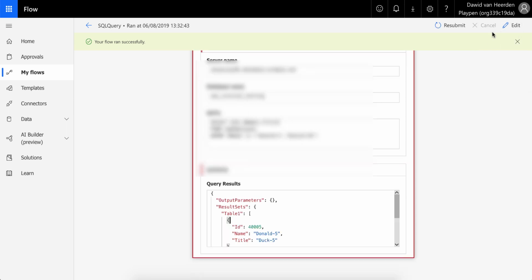So now we're ready to add some more goodies to this flow, but before we do, we just want to copy the result that we're going to give to PowerApps, and we're going to use it later on in the schema where we basically give PowerApps a heads up on what data it can expect. So we're just going to copy everything between those 2 square brackets, which in JSON terms is